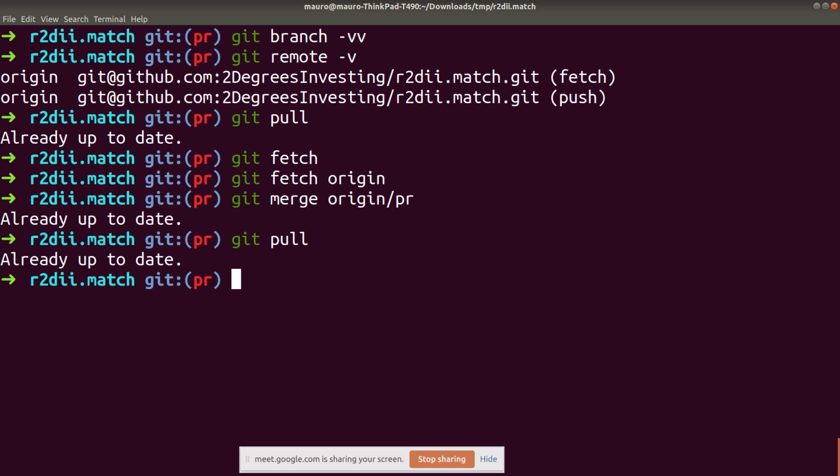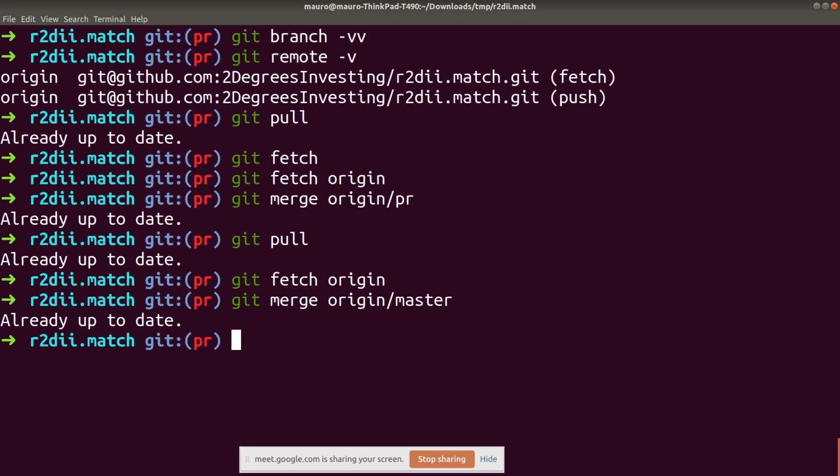from the origin, right? So what you do is the same thing. You could do a git fetch origin if you wanted to be explicit, and then you do a git merge origin master, right? If there was any change in master branch on your remote origin, then that change could have been included in your PR. So the takeaway for today is, as we work, keep in mind that if we are working with a remote,